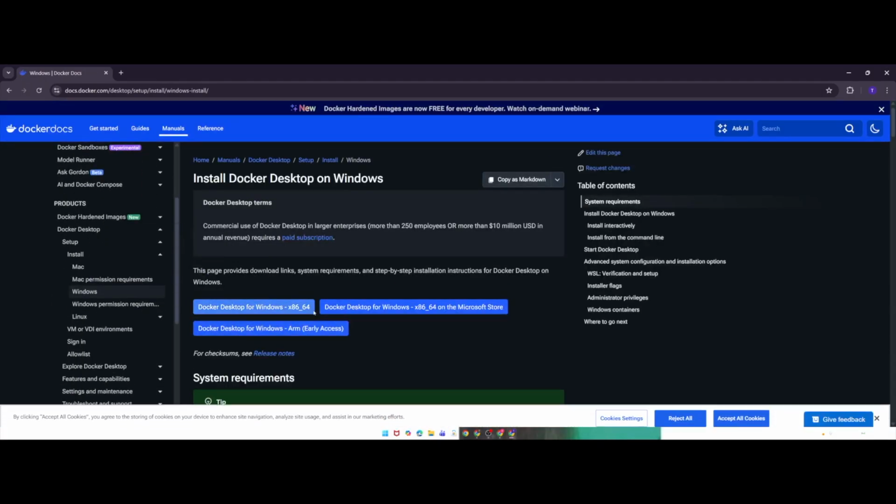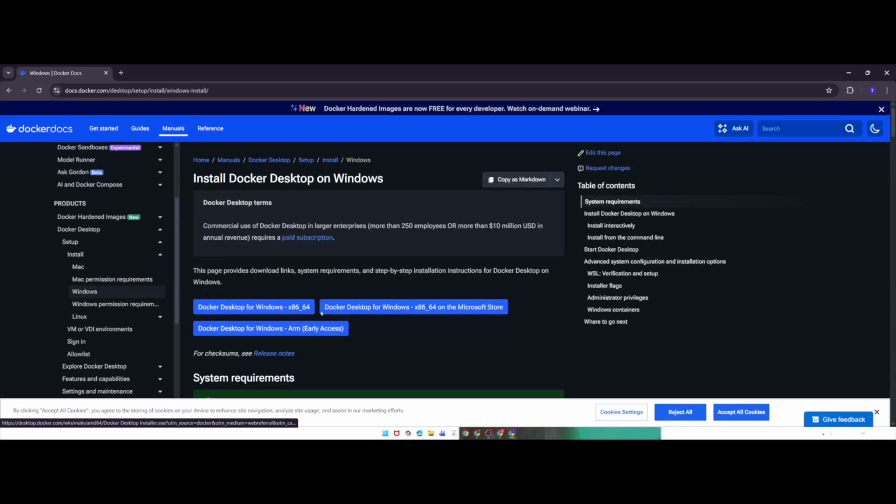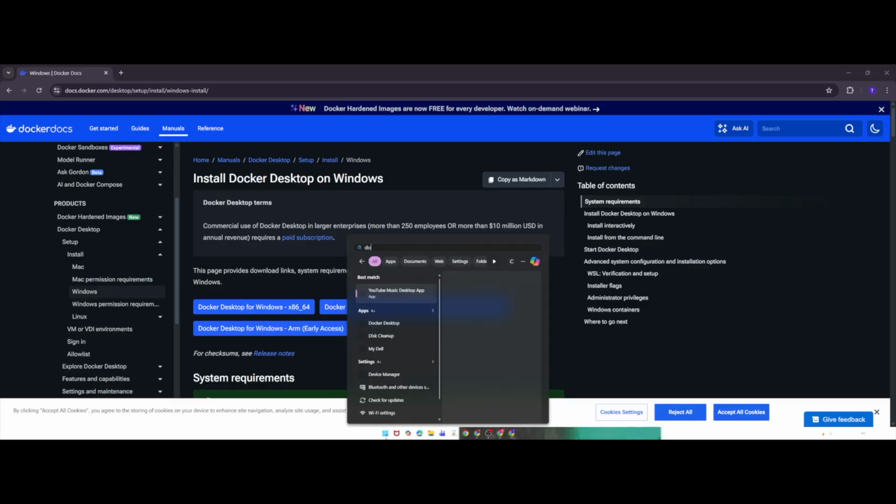Just click on that, and download any of the three of them. I have downloaded this one, but you can try to download this one, or this one. Any of the three should be fine. So once you have downloaded this, come here and search Docker Desktop. It will come up like this in your Windows system. Click on that,